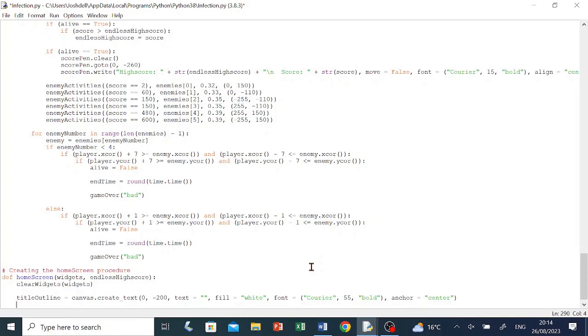Now we're going to do the same but with a variable called title_text, because the first variable was for the outline of the text. Let's do that. title_text = canvas.create_text(0, -200, text="", fill="dark grey